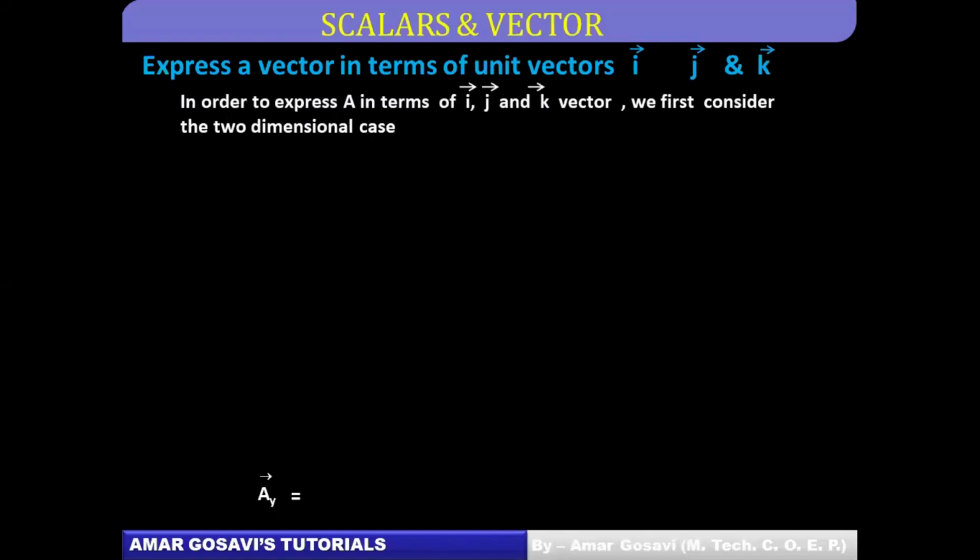Let's talk about the two-dimensional case first. That means only the x and y axis. If a vector a bar is to be represented along x, that is i cap, and along y, that is j cap, then we put it as follows. So ax and ay are the x and y components of a. How do we place vector a bar in terms of ax and ay? Let's understand this, very crucial and interesting.